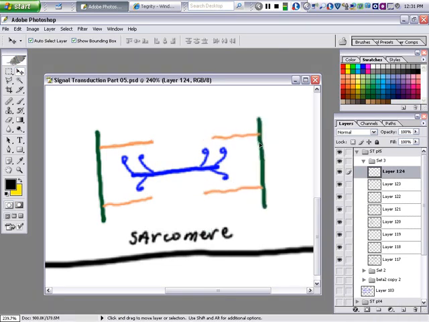Okay, here's our sarcomere. Now, what's going to happen? In order for this heart cell to contract, you need to pull these proteins in. These proteins in the sarcomere need to overlap one another to make the heart cell shorter. And when every heart cell gets shorter, let's say they make up this opening here, and this opening is the